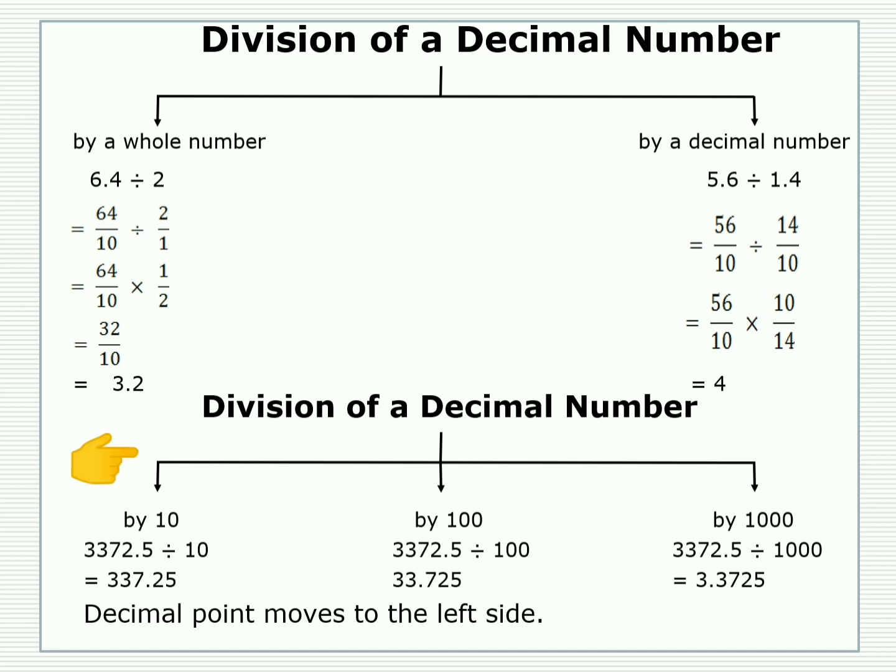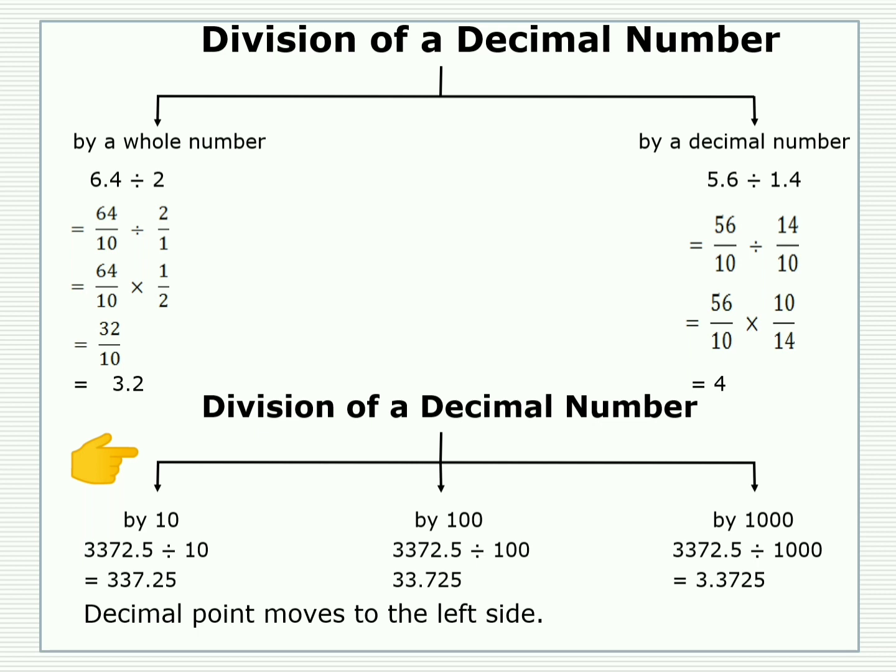Now the next topic is so simple. Division of decimal numbers by 10, 100 and 1000. So you know that while dividing a decimal number by 10, 100 or 1000, you have to shift the decimal point to the left side by 1, 2 or 3 places. Clear? For example,